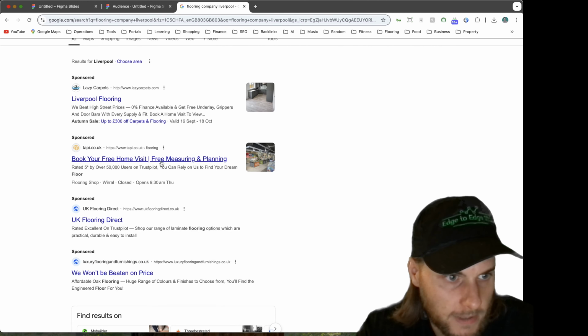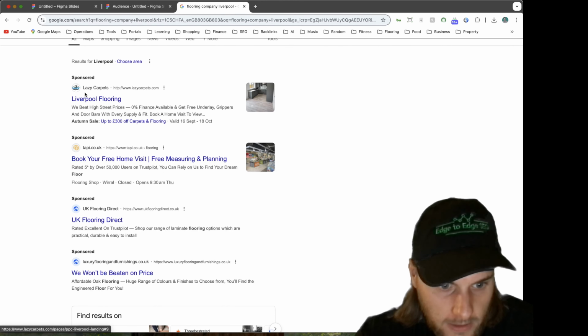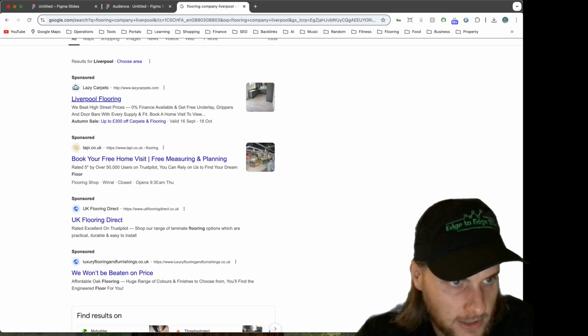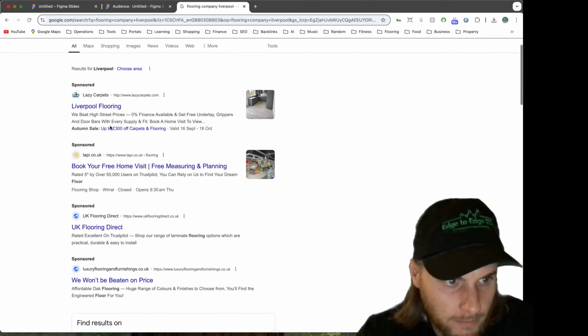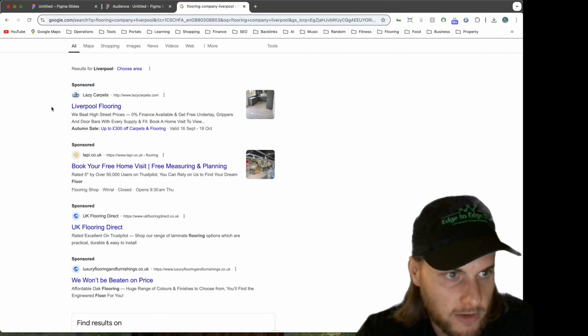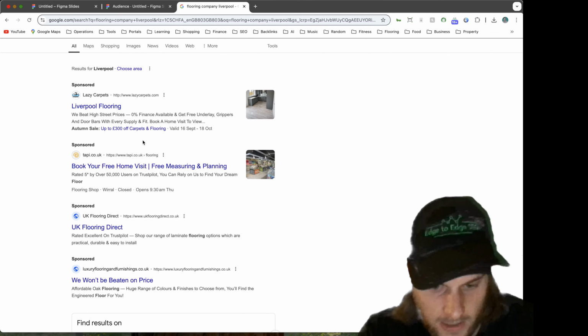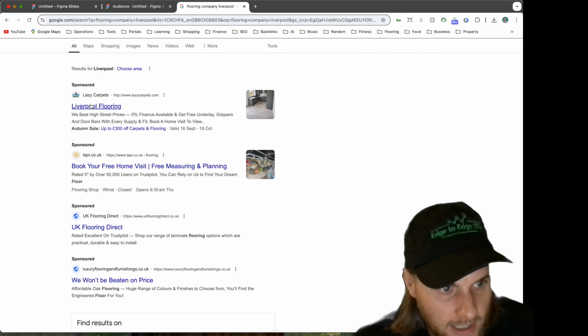So these are always going to be at the top, and over the years, if you go back and look at how Google search results have changed, you'll notice that the ad section has got bigger and bigger, and the actual labeling of the ads has got more and more discreet. For example, in the past, I remember there used to be quite clearly defined boxes at the top here, and it quite clearly said these are ads.